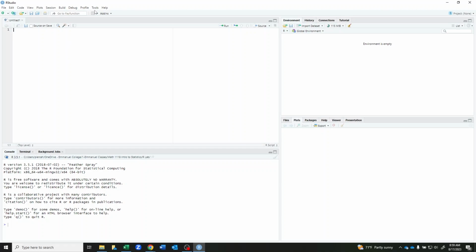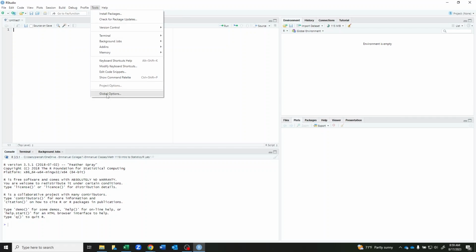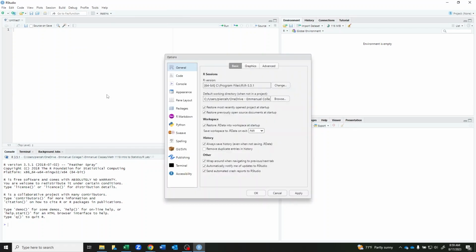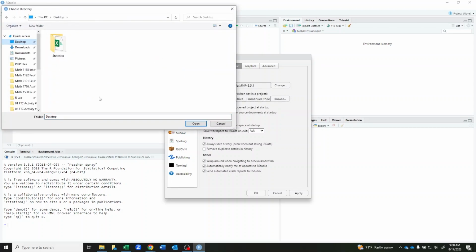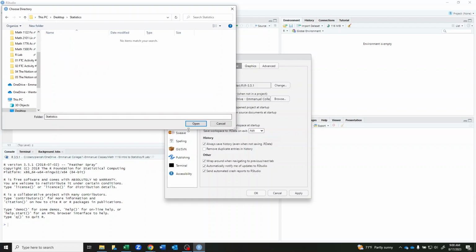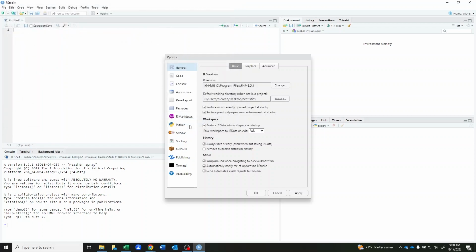We'll need to click on Tools at the top and then Global Options. We need General here on the left. In this default working directory, we're going to click Browse. And I put my folder on the desktop, so I'll select the desktop. Open the folder, and then click Open. As long as you're inside the folder, you don't need to select anything in that folder. We'll just click Open